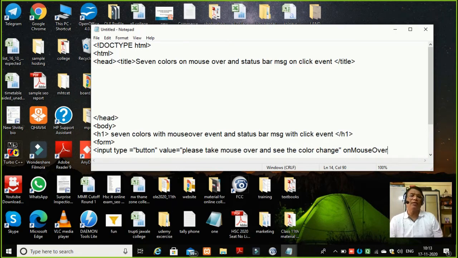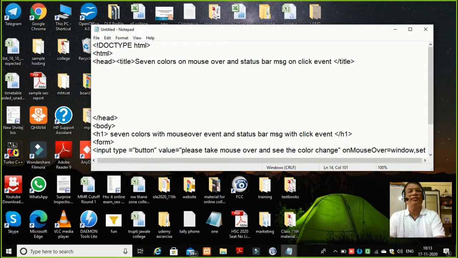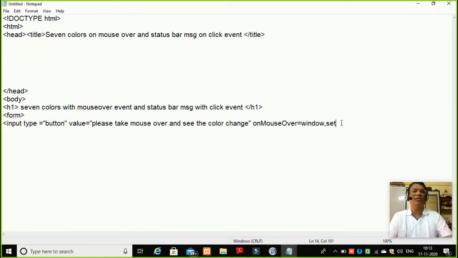Now here I will equate this with a method, window.setTimeout. When I write this window.setTimeout, this is not a comma, I put a comma by mistake while typing. I should put a dot over here. Window dot setTimeout, and then I should write a function call over here.